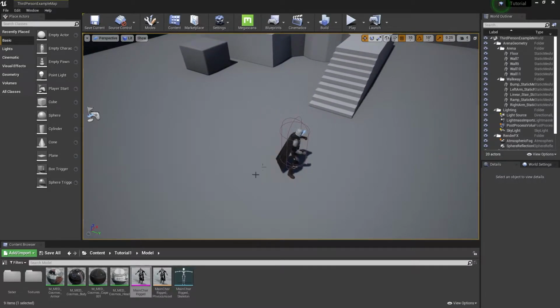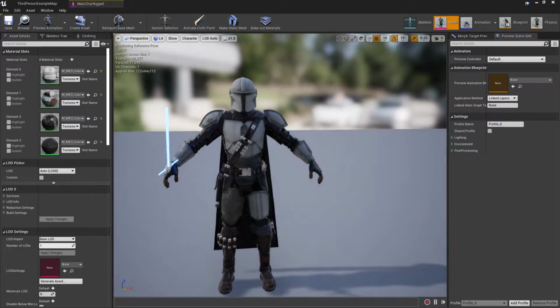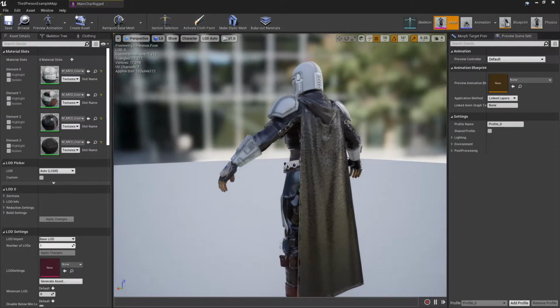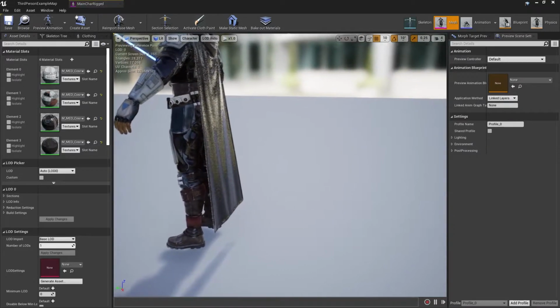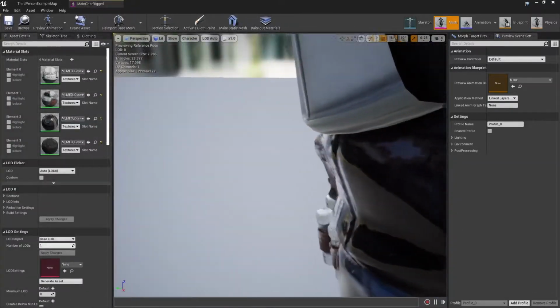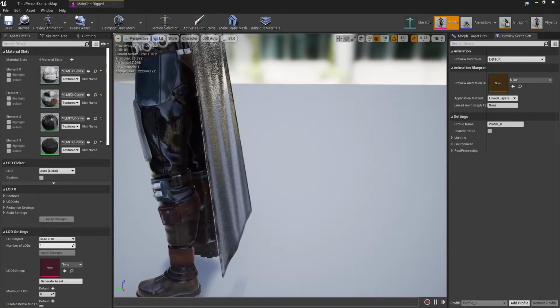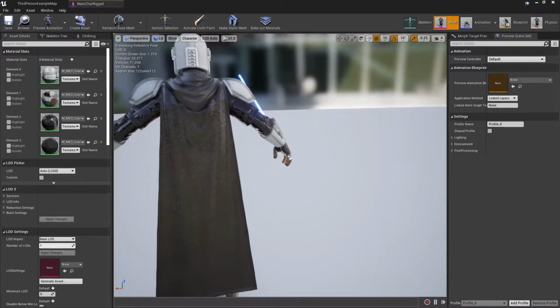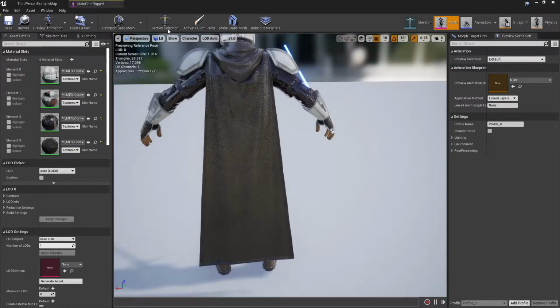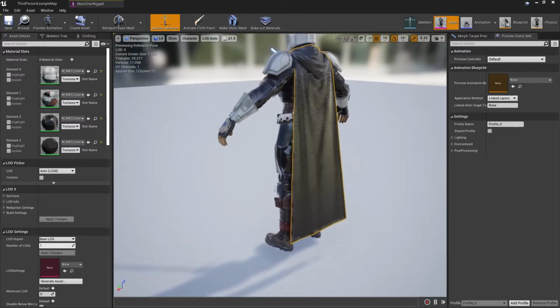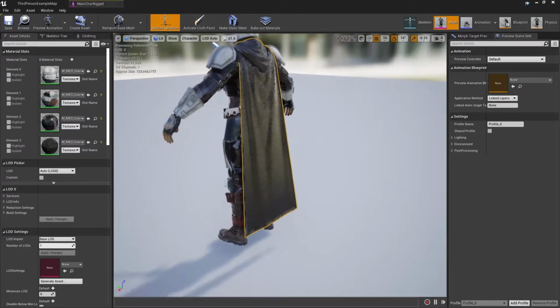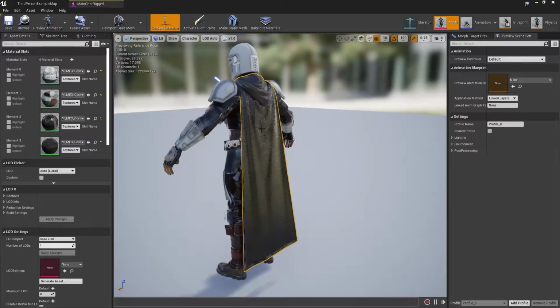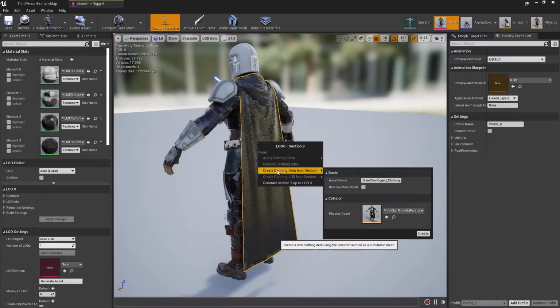So first of all, you have to open the mesh of your character model to add a clothing effect on its cloth. As you can see, this model has a distance between the cape and the main body of the character. Now enable the section selection and left click on your clothing mesh to select the cloth part that you want to simulate. Then right click and select create clothing data from section. You can give any name you like here and hit create.